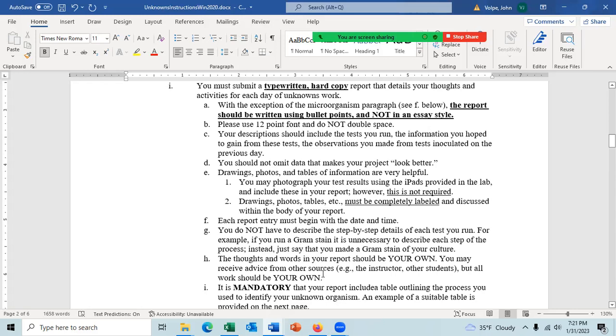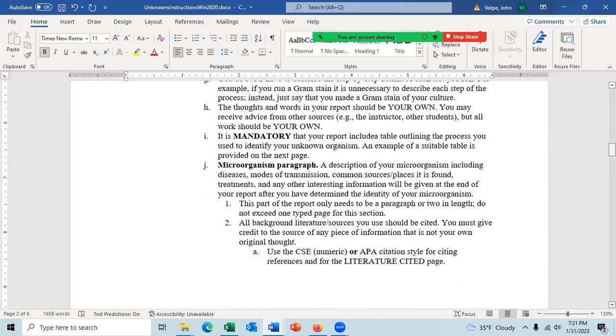Words and thoughts you use in this report should be your own. If ever you use somebody else's words, and I'm talking about 3 words from somebody else, you should put it in quotes and then state where you got it from. Otherwise, it is plagiarism. And plagiarism is really important in school. I don't know if I ever mentioned that. Plagiarism is extremely important in real life too.